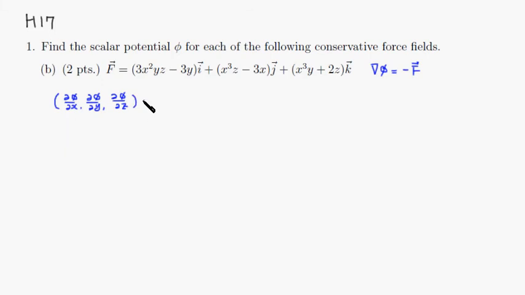And this is equal to the negative of that, so that will be 3y minus 3x squared yz, comma, the second part would be 3x minus x cubed z, comma, and this is going to be simply negative x cubed y minus 2z. So by matching,